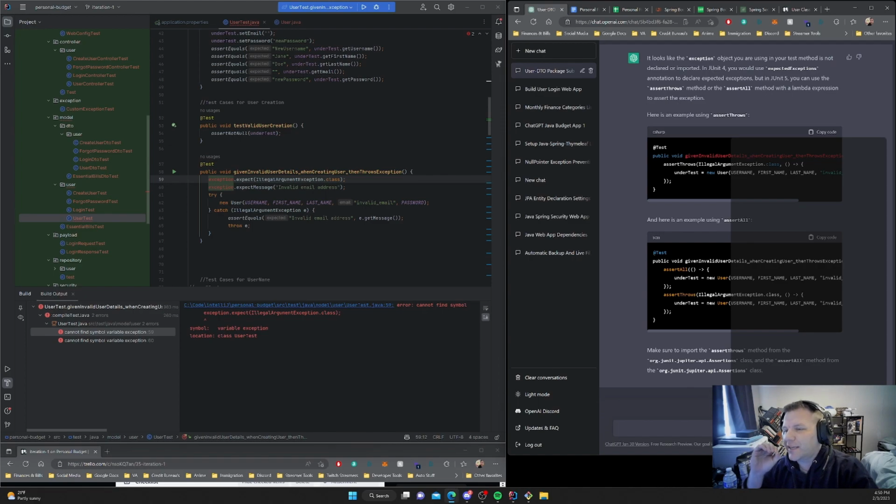It looks like the exception object. God, I can't English. I swear to God. It looks like the exception object you are using in your test method is not declared or imported. In JUnit 4,